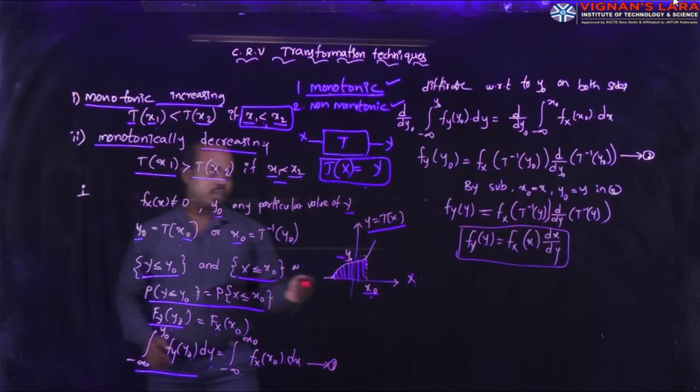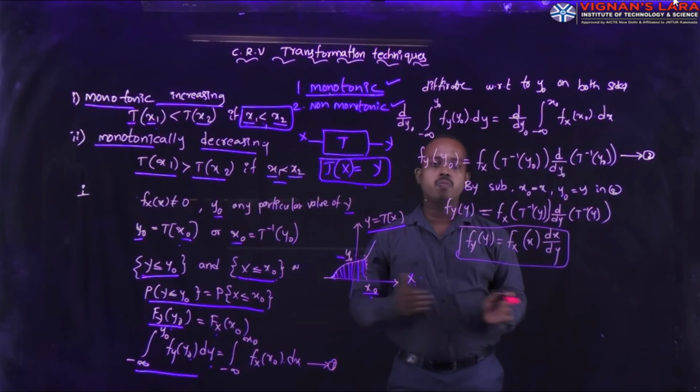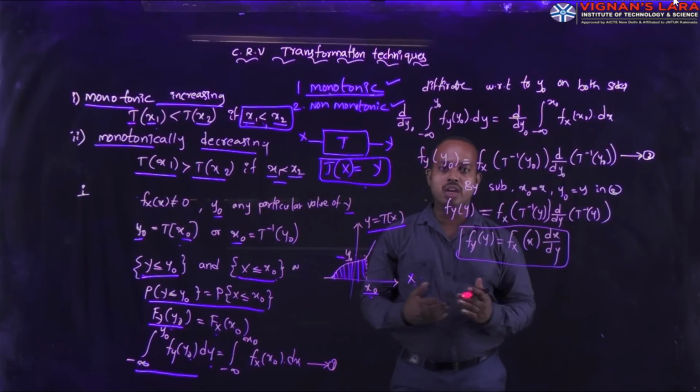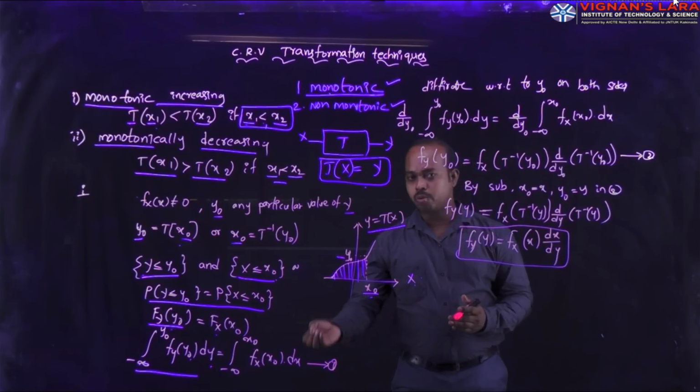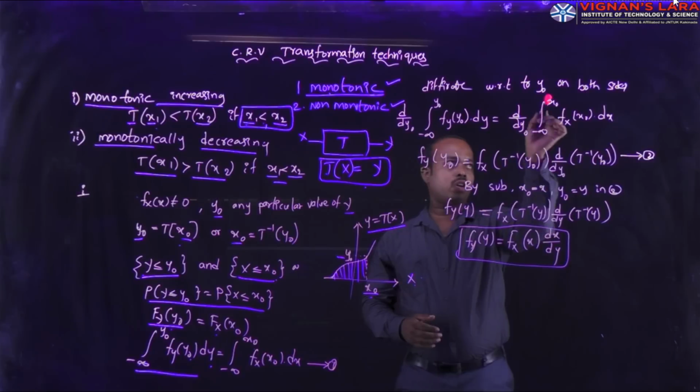Then coming to the next step. In this next one, we can differentiate on both sides with respect to y naught. By doing this entire procedure, you can obtain the conversion relation between the density functions. That's why I'm doing this procedure. For this step, I have to differentiate with respect to y naught on both sides.